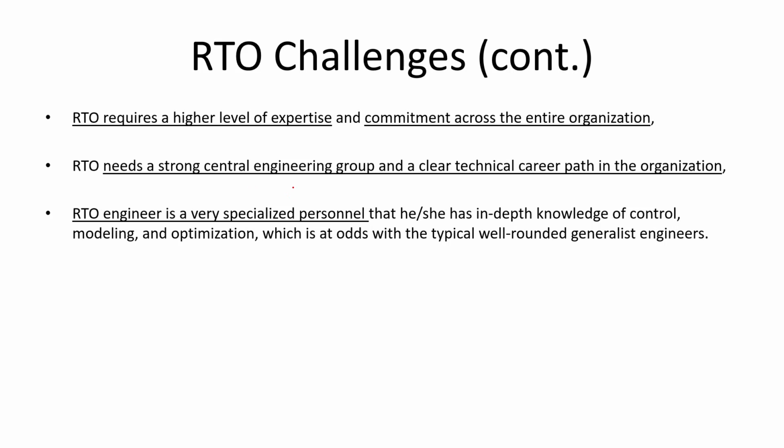If you don't have any strong engineering group, then people will not be able to understand the work of the other people, and if they're not good engineers, forget about this RTO. So we need to have a good engineering group who understands how to model the plant, how to control the plant, how to do optimization, and they typically have good chemical engineering judgment. So if you have these people, and then they are grouped together to maintain these RTO models,